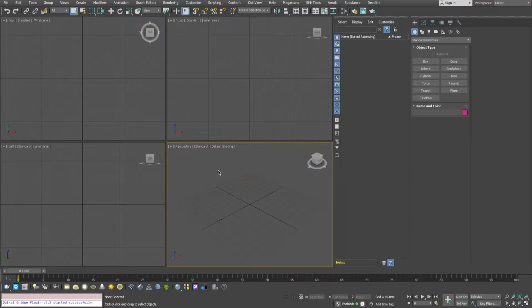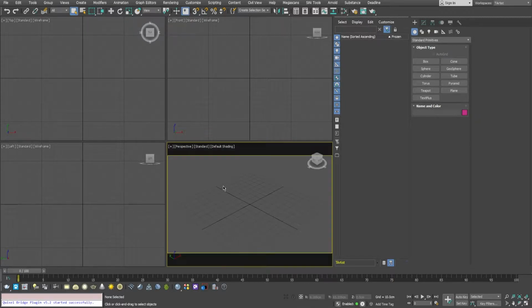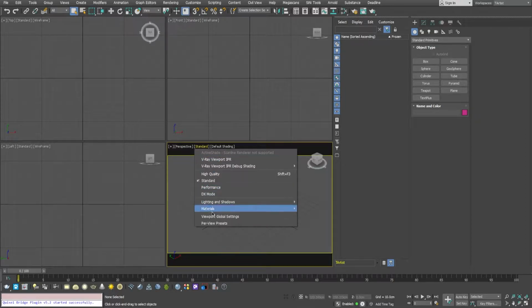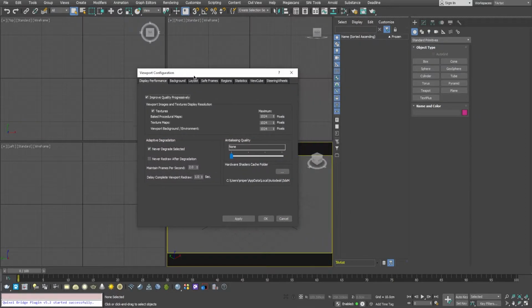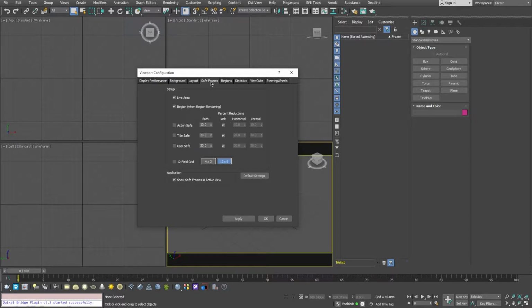Before we make further progress, I'd like to share some quick tips and tricks in 3ds Max, some built-in features not a lot of people know about. For example, if we press Shift F and go to the viewport global settings, in the safe frame we can